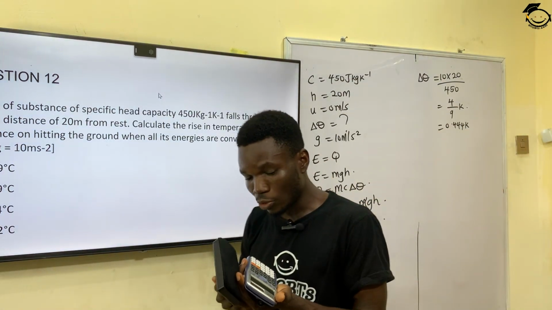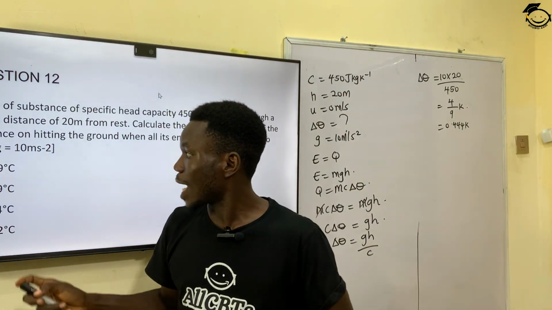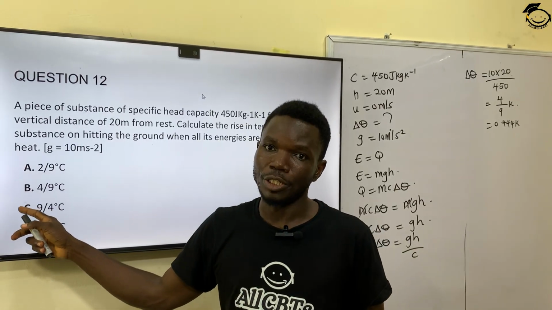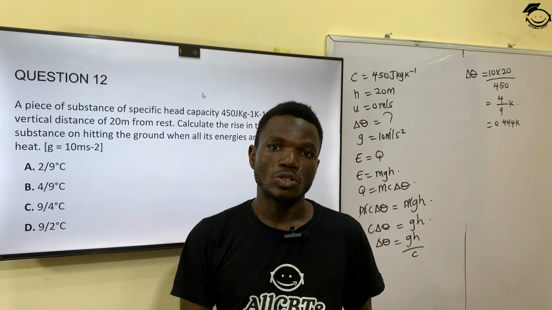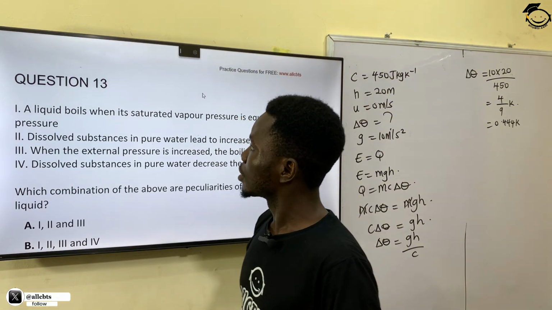So the correct answer to this question is 4 over 9 degrees Celsius, which is option B. And that takes us to question number 13, which says,